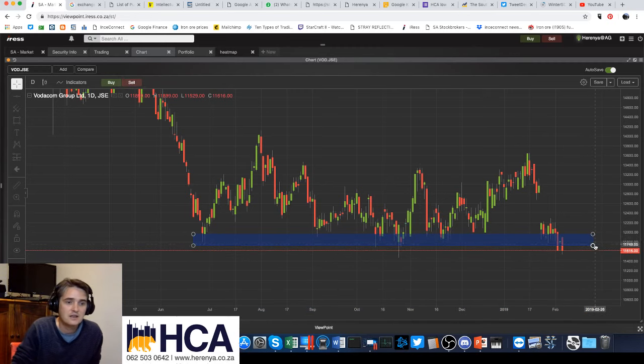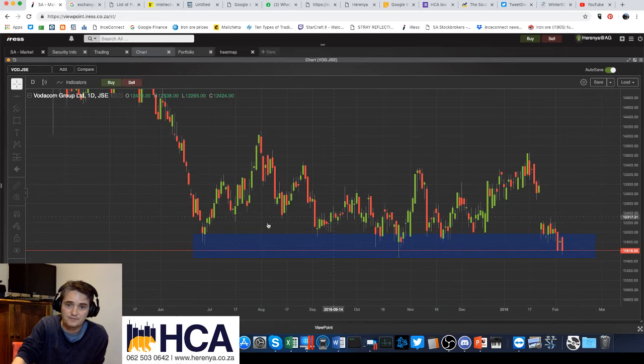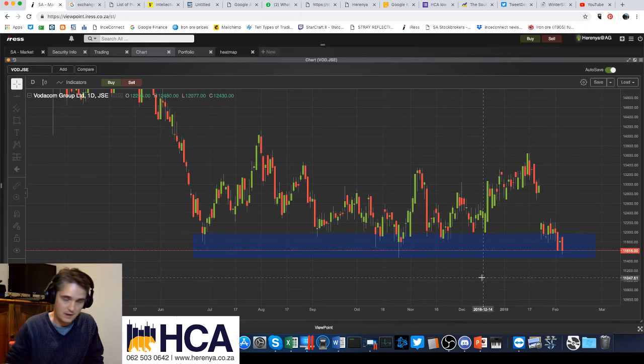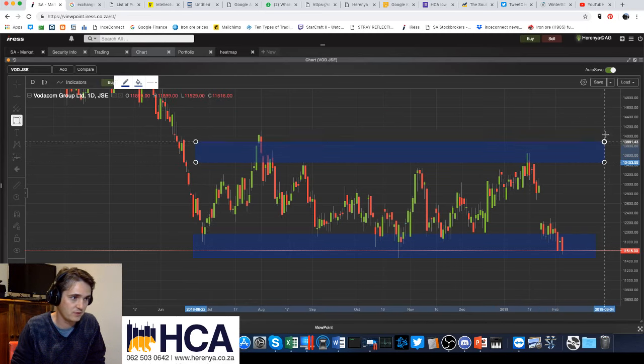Now, technically, the lows are here, right? That's your support zone, this area here. So now what you're looking for is a break of that area or a reversal from this area, the two things that we are looking for. If we want to take long positions, we want to go long from here. If we want to take a short position, we want to break this support zone and then trade it lower, right? If we run the same process at the top, we're going to come up with this being your resistance zone, right?